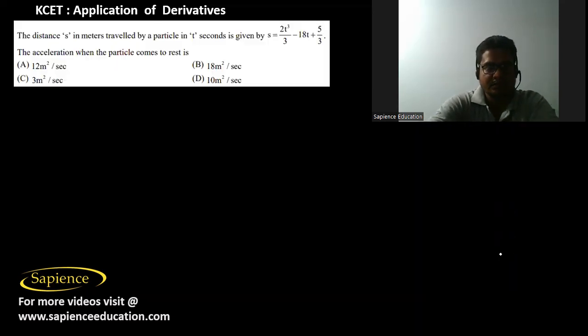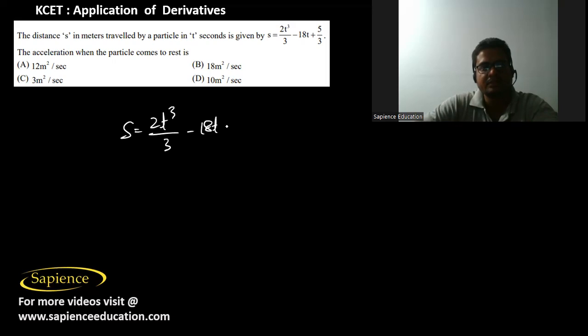Then here it is told that the distance s in meters traveled by a particle in t seconds is given as s equal to 2t cube by 3 minus 18t plus 5 by 3. The acceleration when the particle comes to rest is,